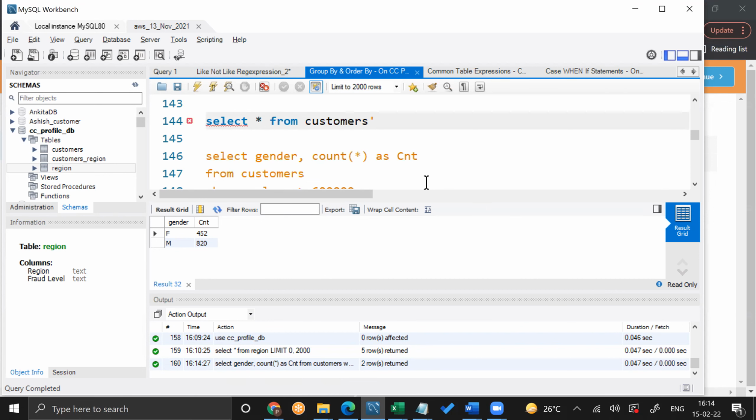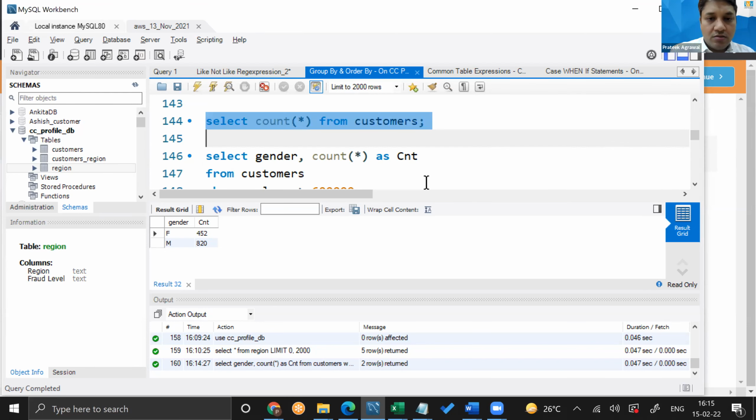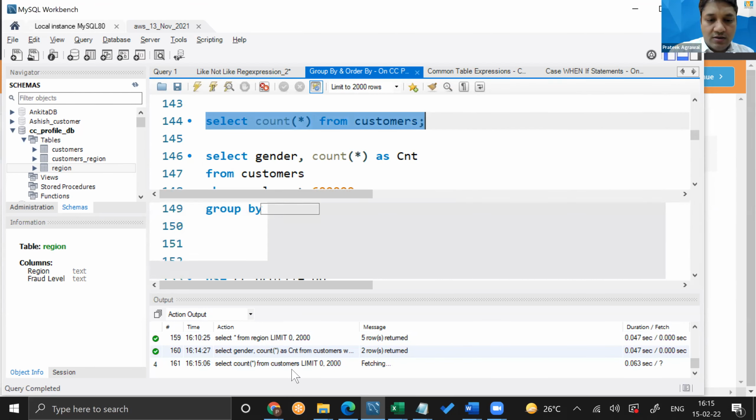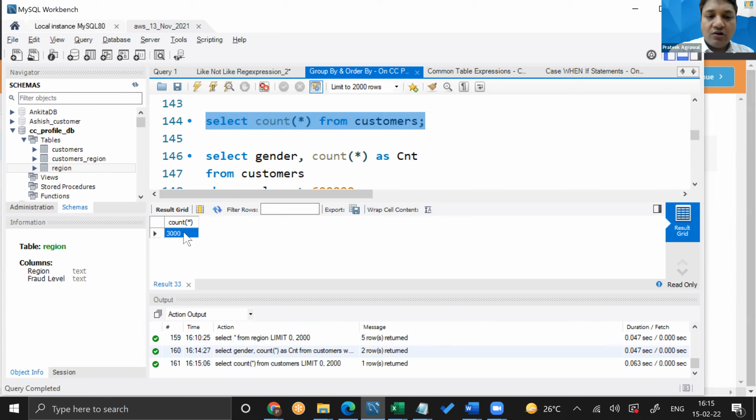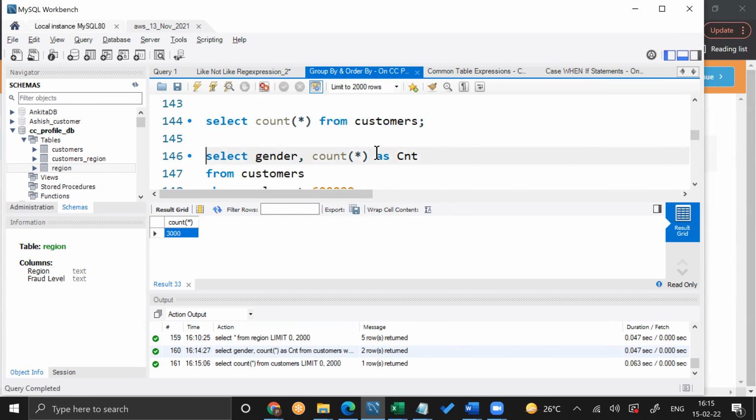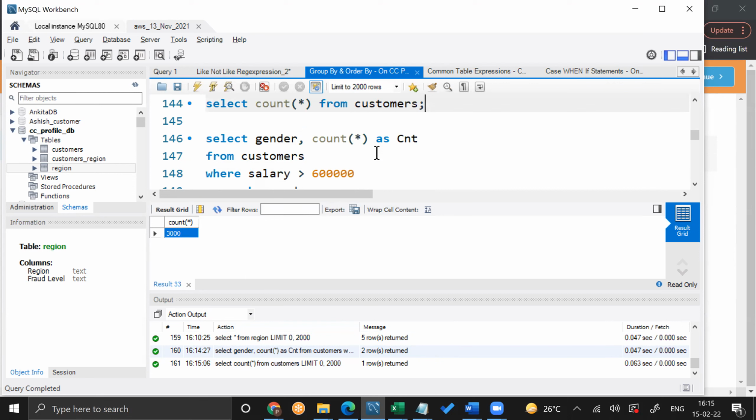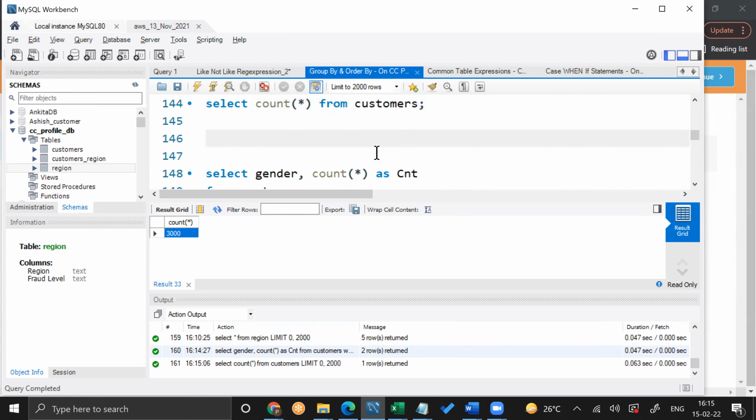Say for example there are 3,000 rows. When I run this query with count, it gives 3,000, but if I directly run select everything from customer, the row count is just 1,000.